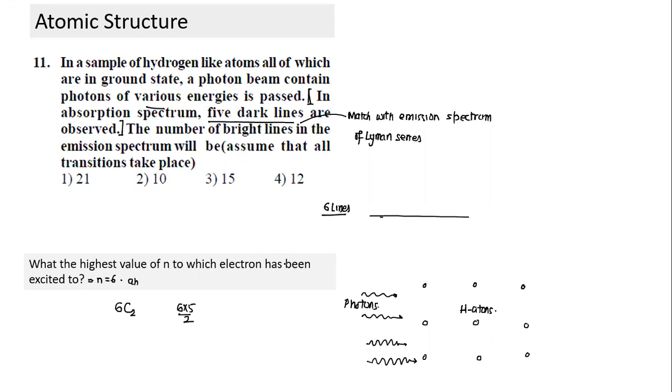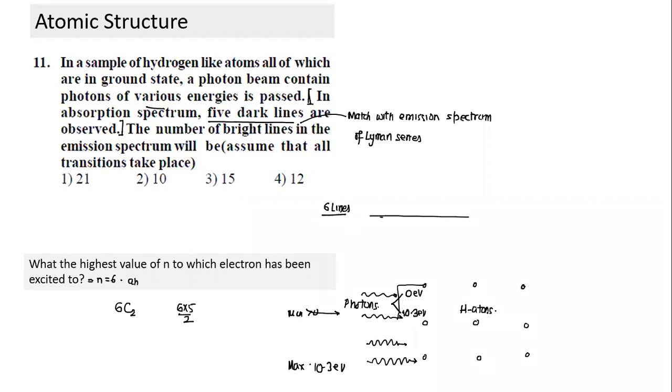Why only 5 lines? Just understand here. Suppose I have photons which have energy ranging from 0 electron volts to 10.3 electron volts. This radiation I am sending, with photons from slightly greater than 0 up to a maximum of 10.3. So minimum energy is slightly greater than 0 and maximum energy is equal to 10.3. I have counted how many photons I have sent.